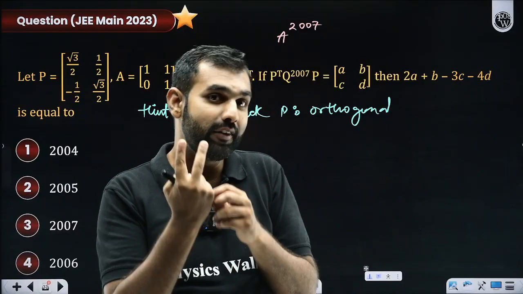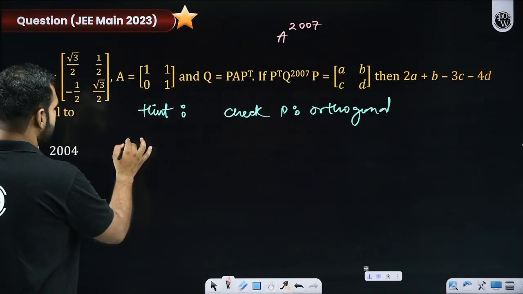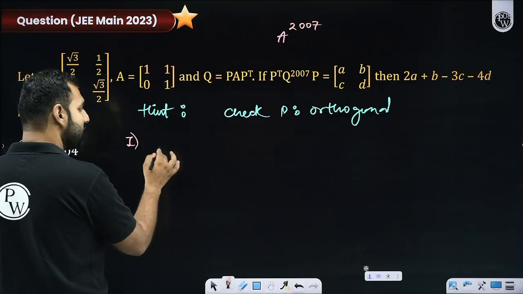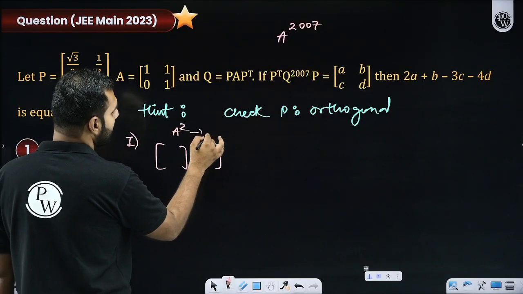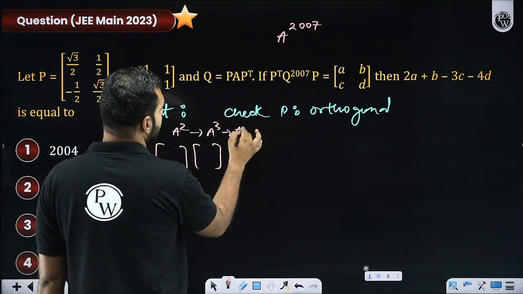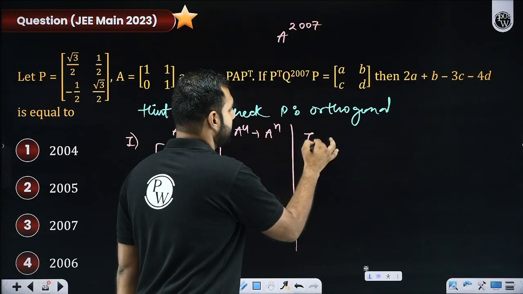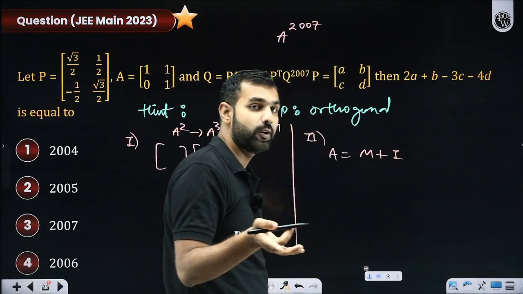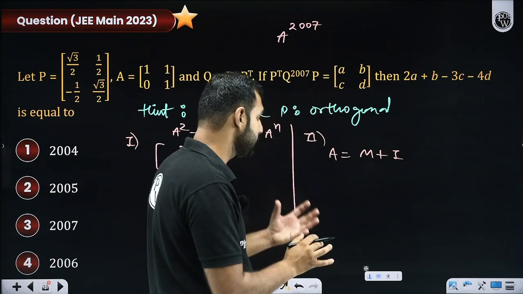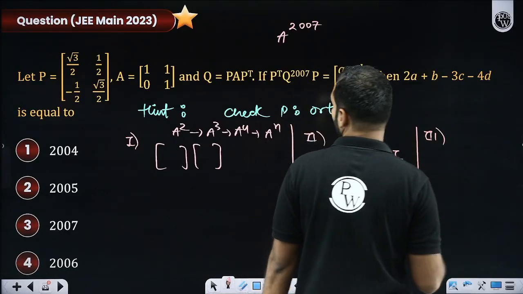Do you not know? Again, we did discuss two, or rather three, methods. What are those three methods? First method, I hope you remember: you simply start finding A into A, that is, you find A square, then A cube, then A to the power 4, and that's how you start seeing a pattern and you generalize A to the power n. Second method, sir, we write A as M plus I, and then you apply binomial expansion. Do you remember that? That is, trust me, easier. Then third method, you write the characteristic equation of A.